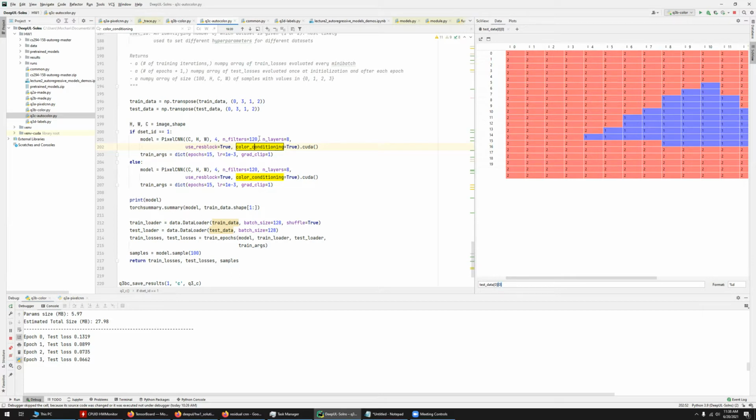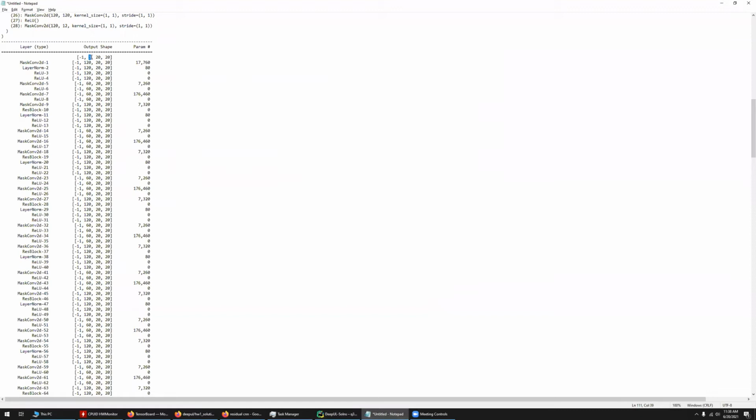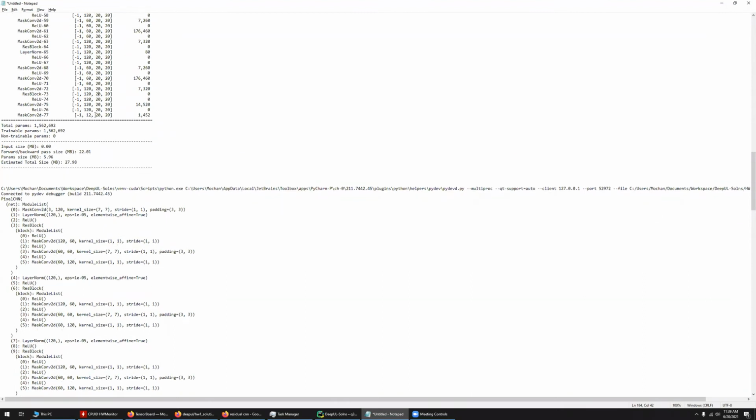When I first thought of this problem, I thought the simple solution would be, we have this input, right? So we could just turn this into a 60 by 20 image, and then move it back to 20 by 20, and then at the end